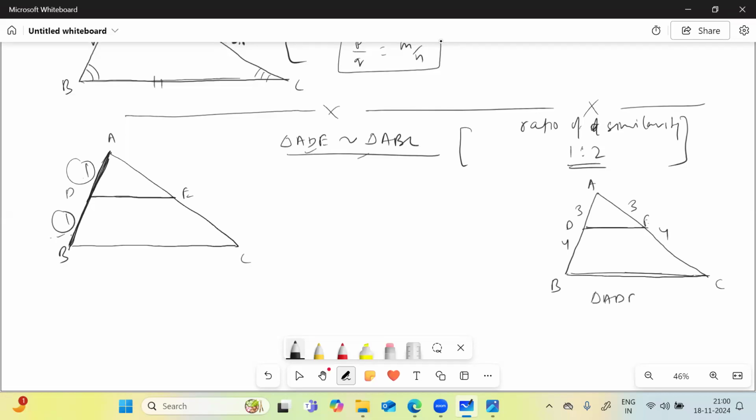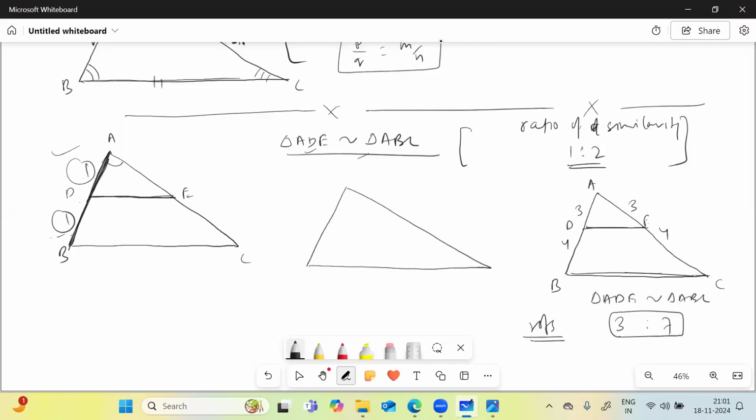Triangle ADE is similar to triangle ABC. The ratio of similarity क्या होगी? 3:7. Yes, very good. ठीक है, ये क्लैरिटी आ गई. अच्छा, अब इसी पे, this is your mid point theorem which says कि अगर मिड पॉइंट को मिलाया गया तो आप वो साइड एंगल साइड के हिसाब से you can say. अगर इसी को हम उल्टा बोलते कि पैरेलल ड्रॉ किया गया है तब भी आप बोलोगे सिमिलर है, because you know that for that angle will be equal.